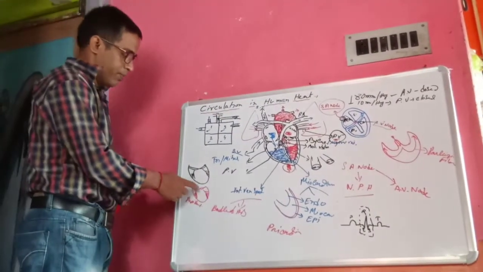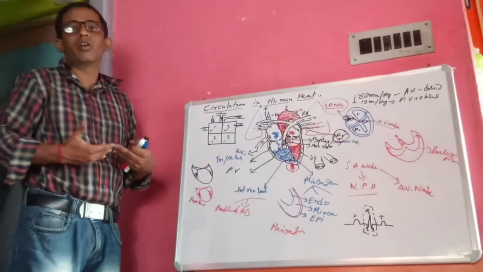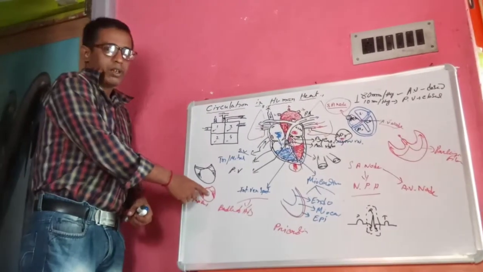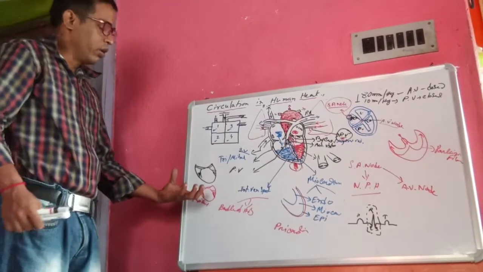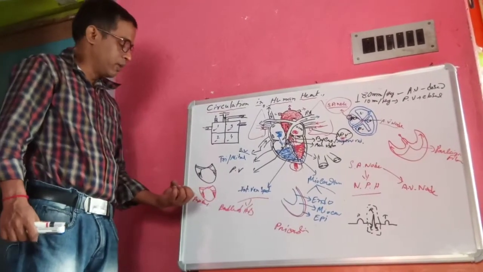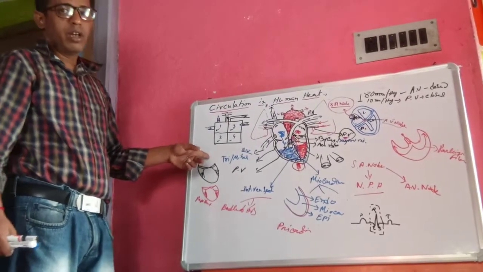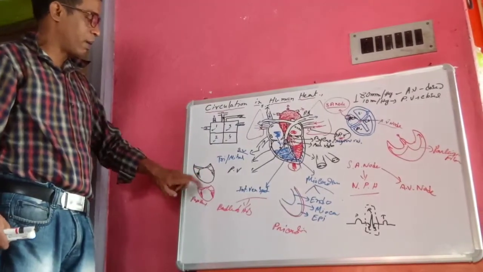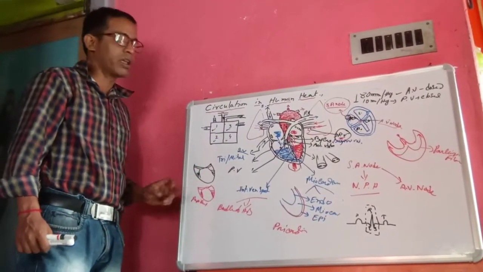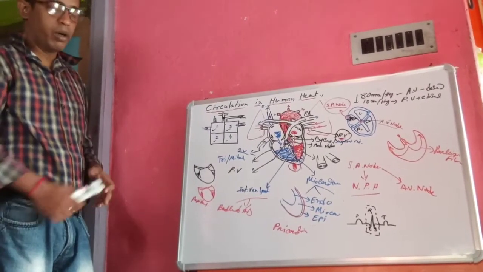After the filling of the ventricle, the pressure becomes low in the atrium. Now, when the pressure is low in the atrium, this valve gets automatically closed by the muscle. Clear? That is why when the ventricle is in contraction position, the blood cannot reach again into the atrium. This papillary muscle and chordae tendineae play a very vital role in the closing of this valve.